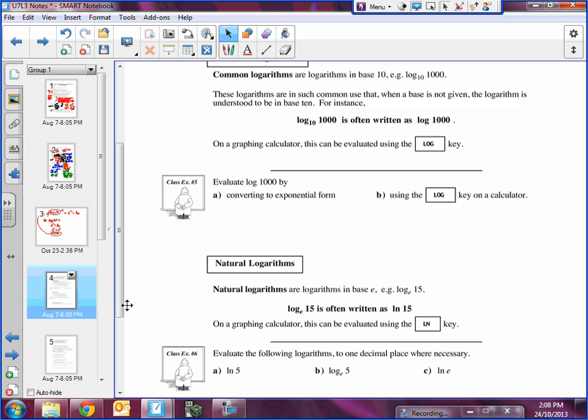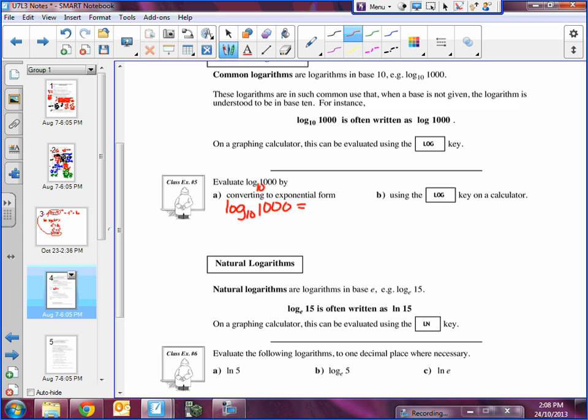I see. Okay, so if I have log of 1,000, what is my base going to be here? If there's no base there, what do I assume it is? 10. It's always 10 if there's nothing there. Put your phone away, or else I gotta take it away. Okay, so if I have log of 1,000 base 10,